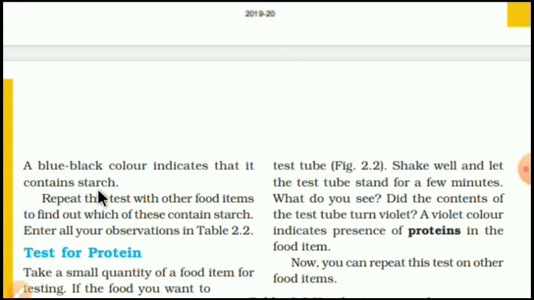So if we put some drops of dilute iodine solution and the brown color of the iodine solution turns to blue-black, then it indicates that the food item contains starch. Repeat this test with other food items also.